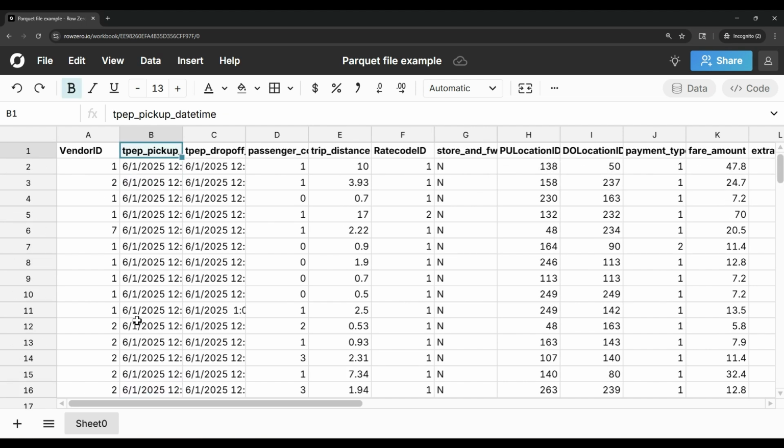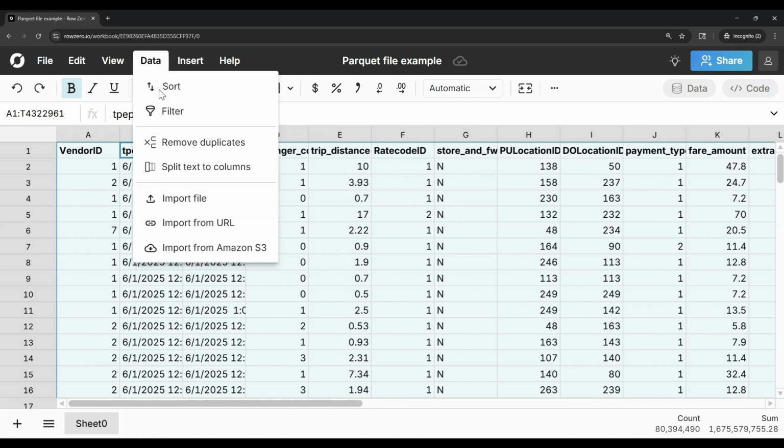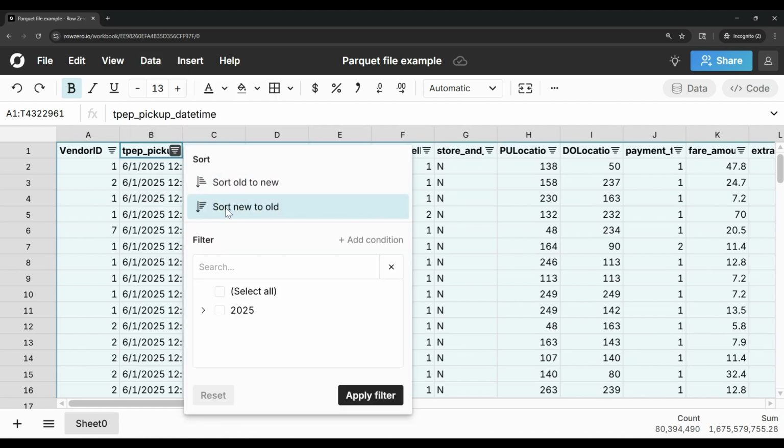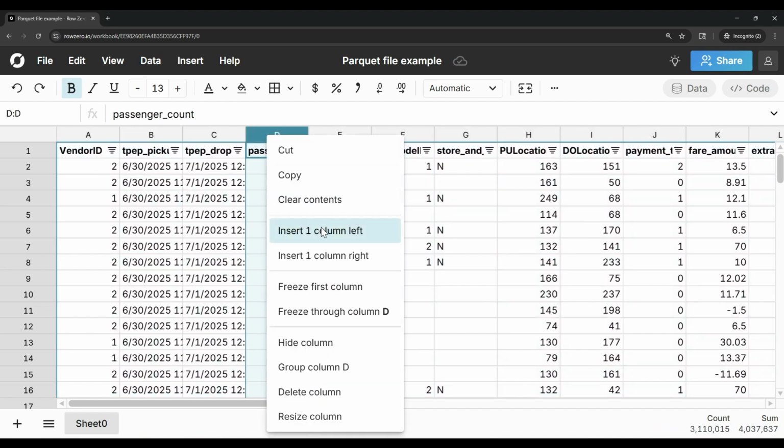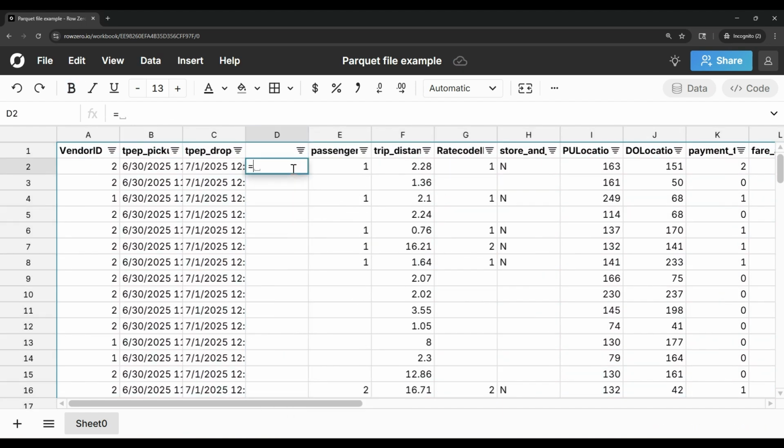From here, Row Zero works just like Excel and Google Sheets, so I can filter and sort. I can also write Excel compatible formulas. So I'm going to add a new column here for the day of the week. So we'll use the WEEKDAY function on this date time, I can double click and it's going to automatically fill all 4.3 million rows. I'll call this day of week,